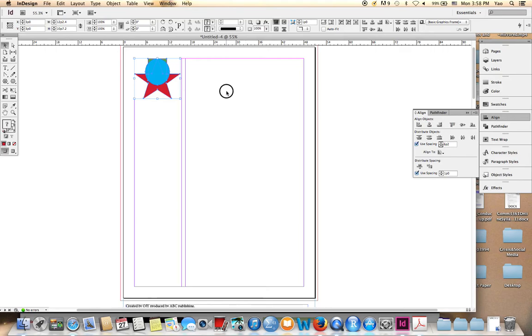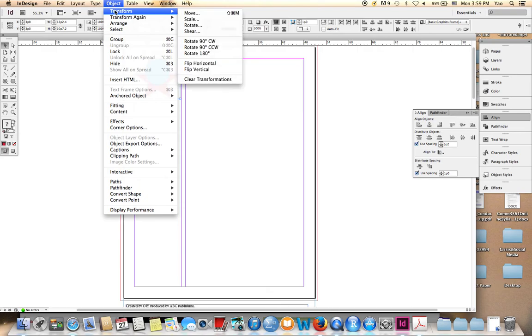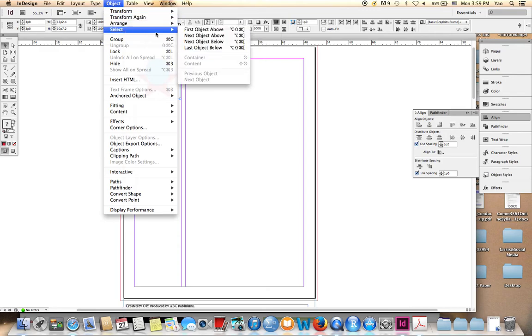What we have done here is put every object we have in a pile. And in this case, if you want to work on the stuff in a pile, how do you work on it? InDesign also has some functions that allow you to work on the stuff in a pile. So what you need to do is select everything in the pile, and then go to Object and select